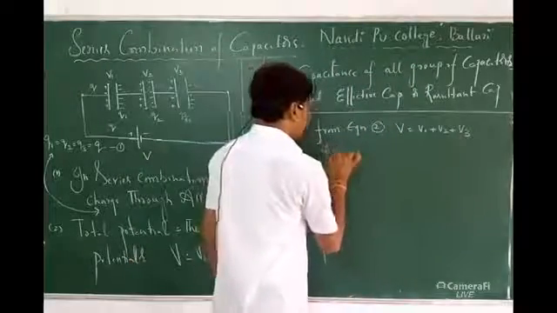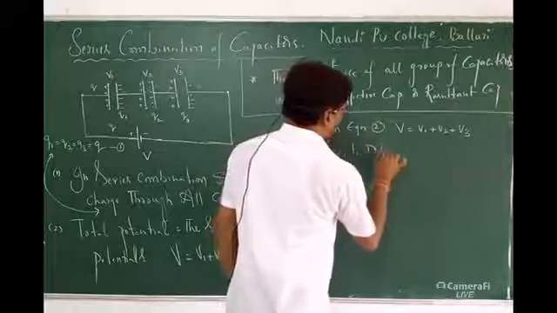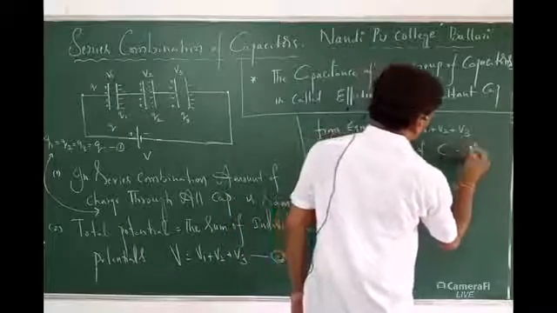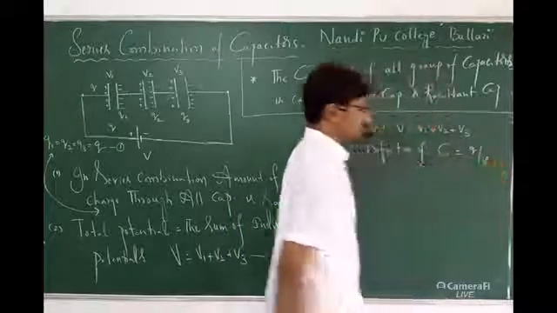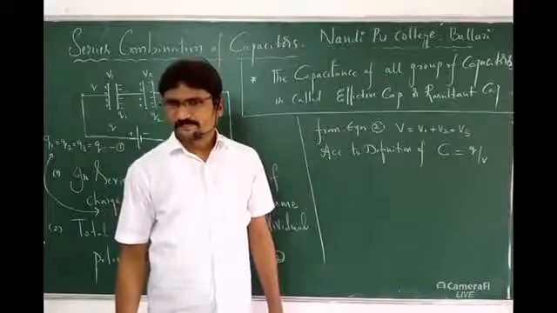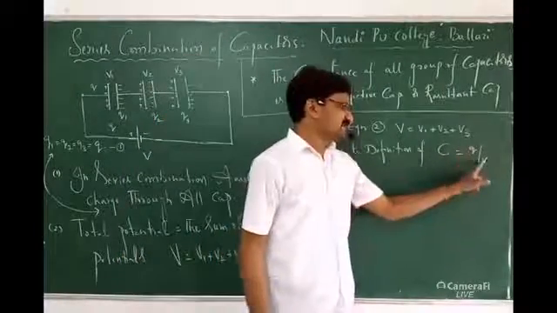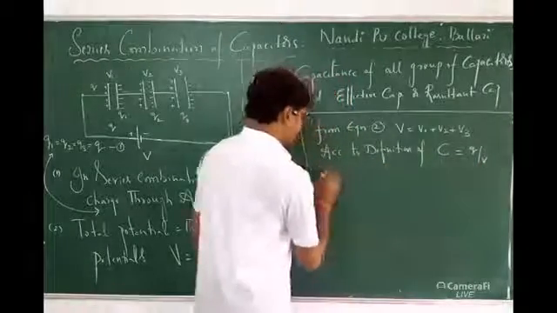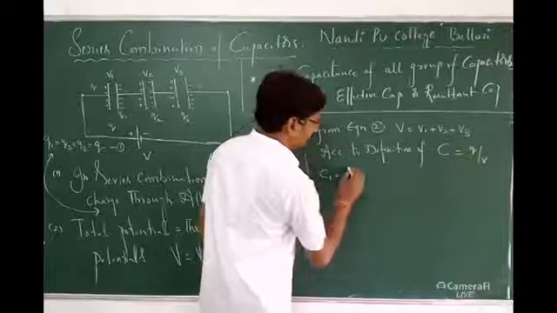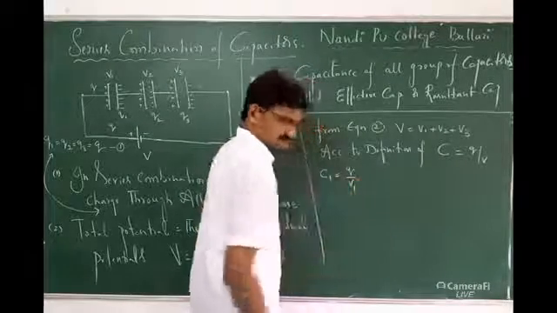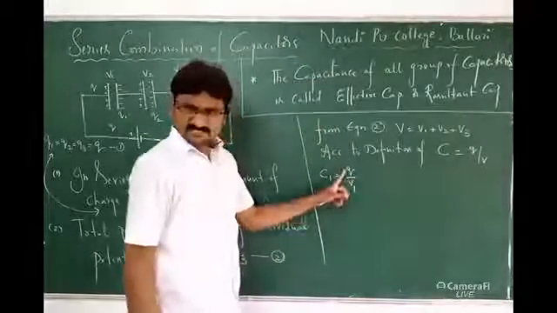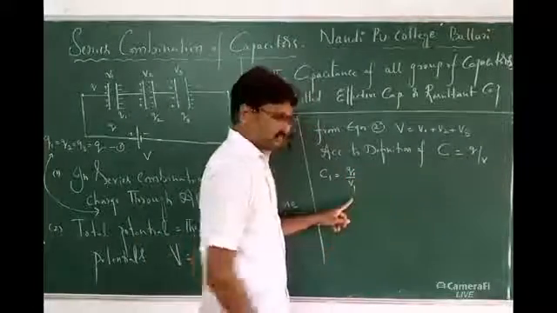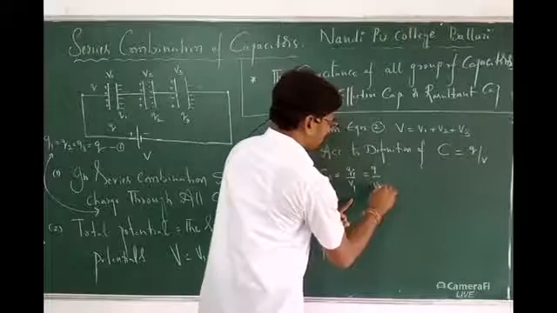According to the definition of capacitance, C is equal to Q by V. C is equal to Q by V, correct? What is the definition of capacitance? Q by V. Right. How many capacitors do I have? 3 capacitors. C1 is equal to, what can I write? Q by V1. Correct? Why? Because charge is the same. Q1 by V1 actually. Or for understanding you can write Q1 by V1. This will become Q by V1.